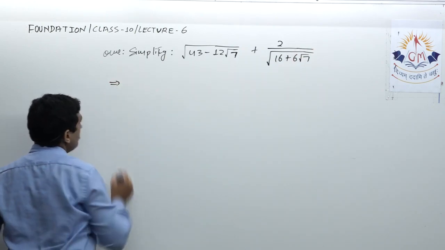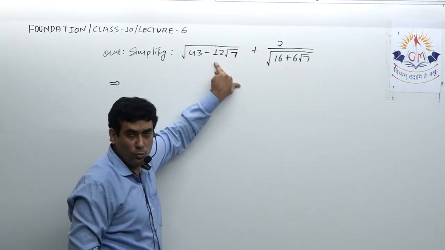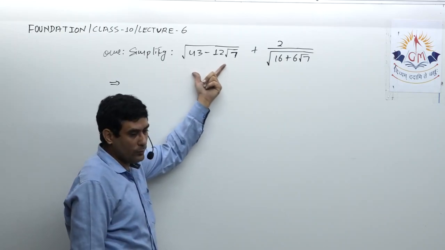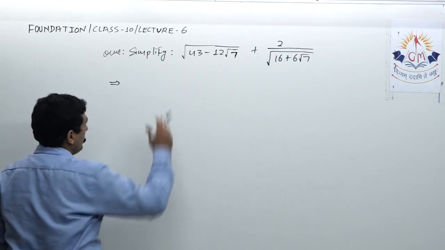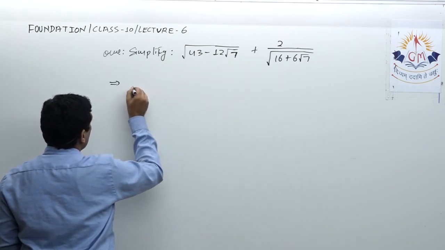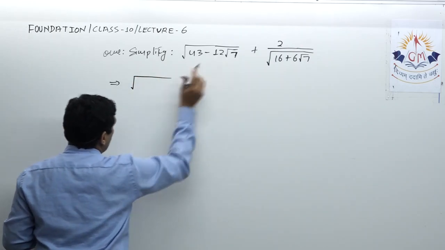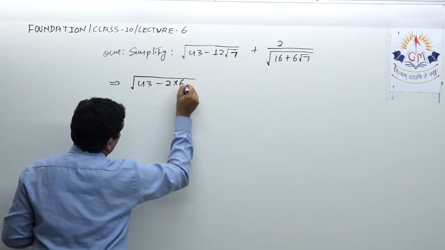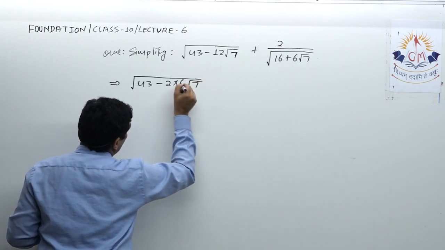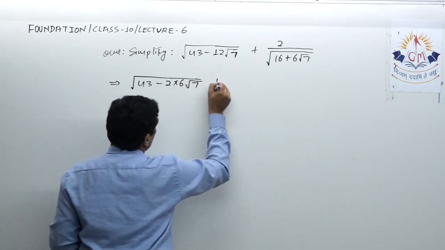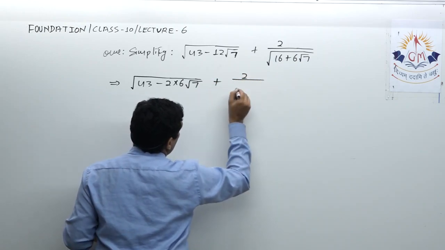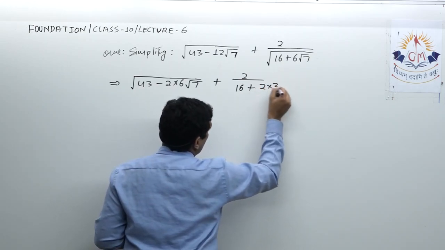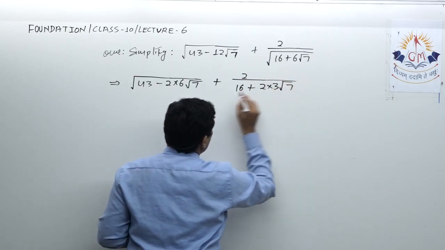First of all, we need 2 over here, so that we can find its square root, that means first of all we have to convert this into the standard form. That means minus 2 root b. We'll keep 2 over here, so 43 minus, now this is 2 into 6 actually, and root 7. Anyhow I have to take this 6 inside the root sign. Now 2 upon, over here it is 16, again I need only 2 over here, so this is 2 into 3 actually.